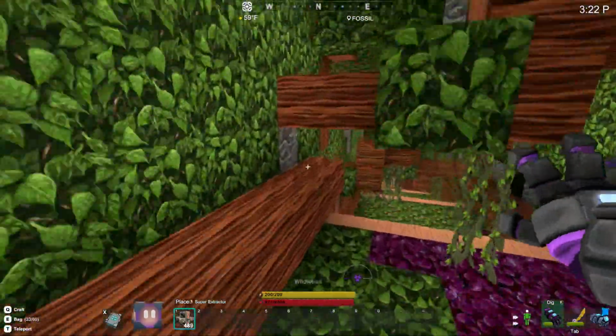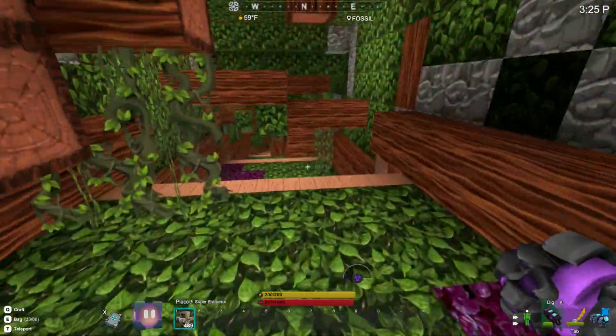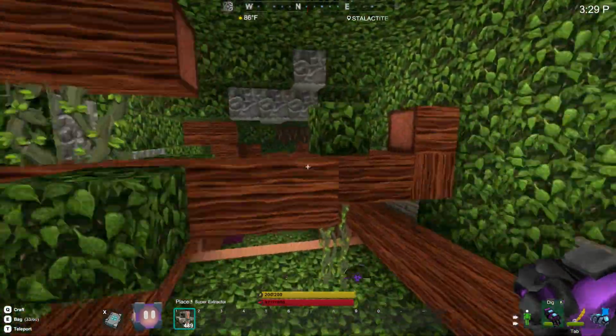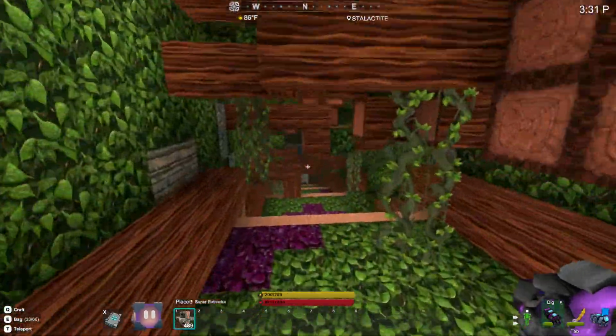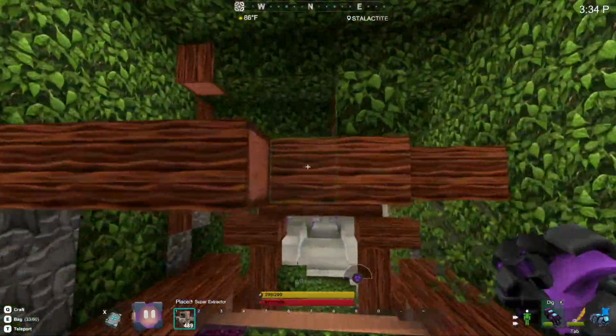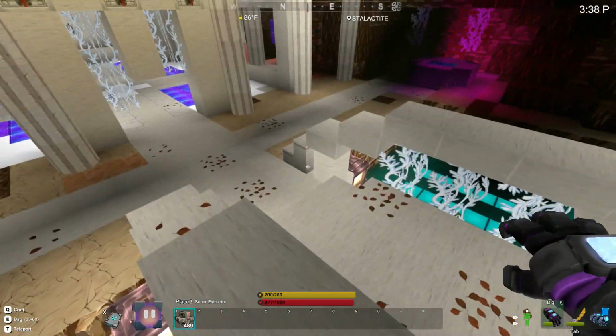I think it was off camera last time I showed this, but I was like, is this like a parkour course? I don't think it's supposed to be. It's just a really cool like roots and stuff. I love the mixture of the leaves as well. They're really cool. And then you end up in this amazing